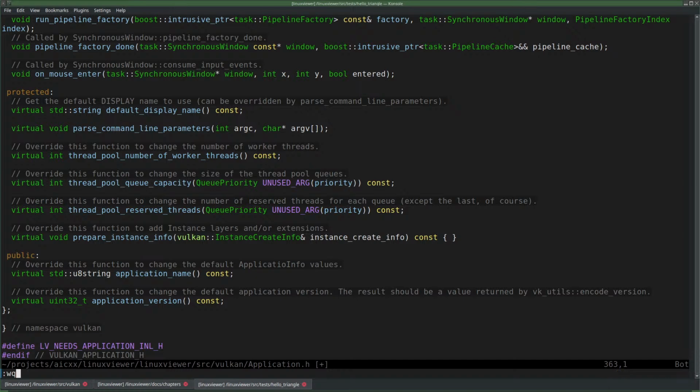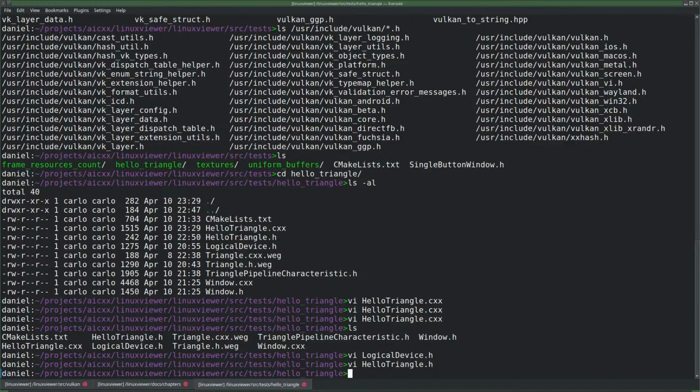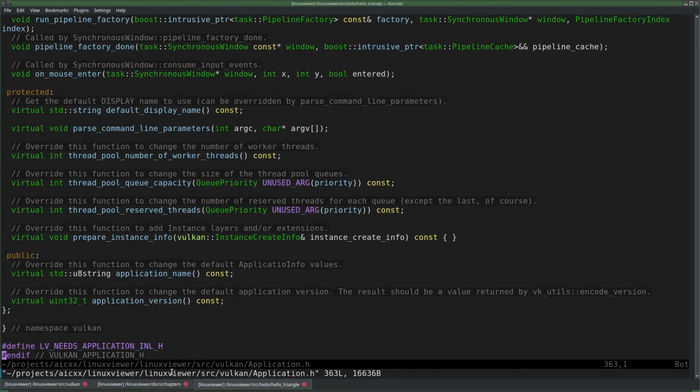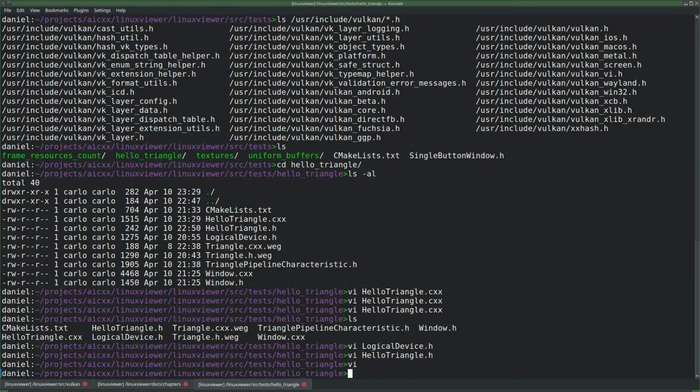Okay, so the header file that I changed before, and now I lost it. Wait a minute, this was that one, and I just changed, I think, logical device.